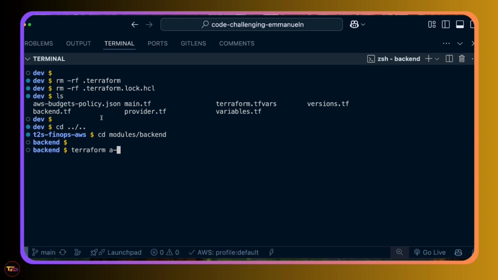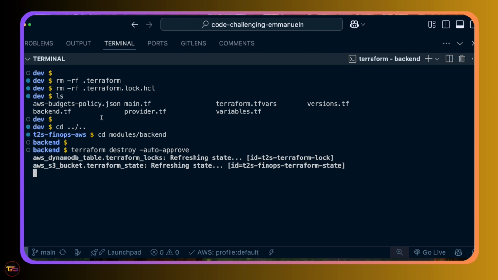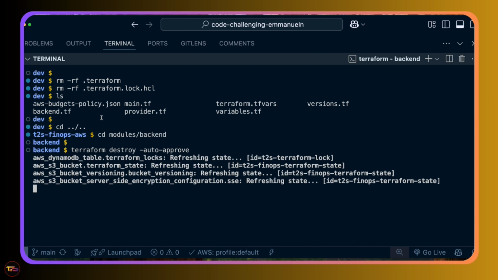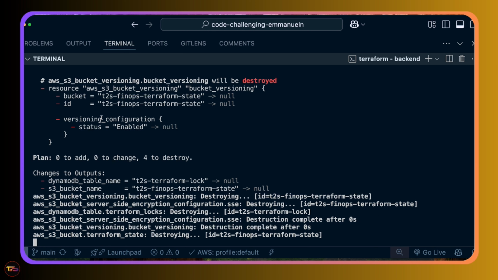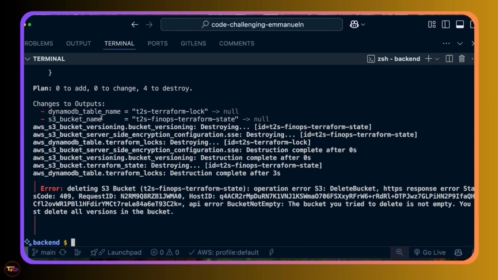We wanna do destroy, auto approve, okay? And here we wanna destroy our S3 bucket as well as the DynamoDB table that we set to lock our state file. So we're gonna get that. And when you come across something like this one here, it means that you're dealing with versioning as well as your bucket having something. You can either go